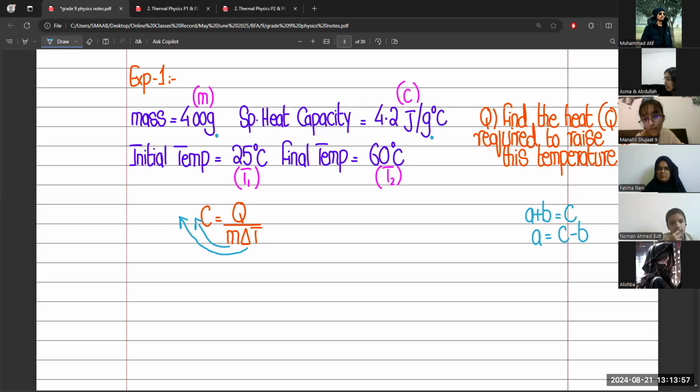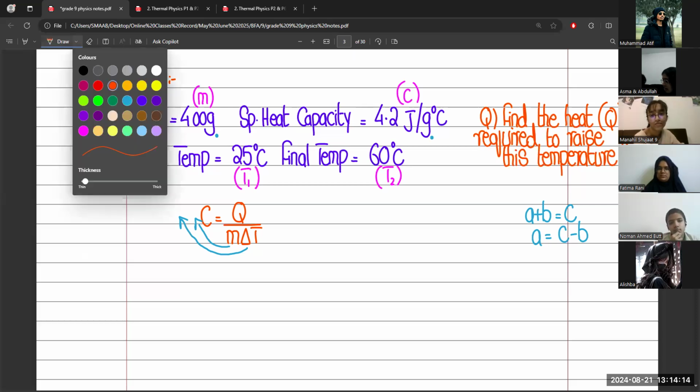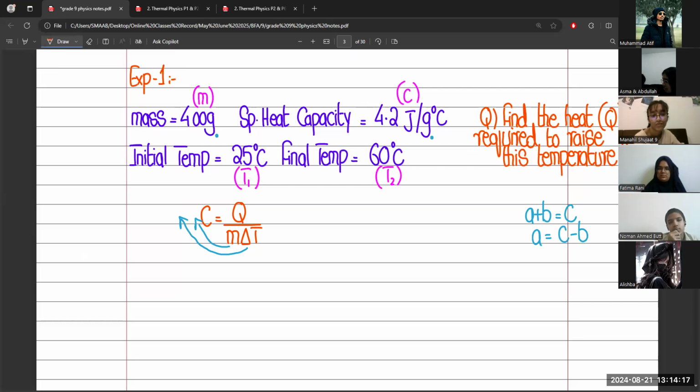In the same way, when something is multiplying or dividing with someone, on the other side you will get the reverse. If something is multiplying with any quantity on one side, it will be dividing on the other side. Okay. So in the same way, when you shift M and delta T to the other side, you will get M delta T into C is equal to Q. So now you can see Q is an individual quantity and now you can easily find out the value of Q.